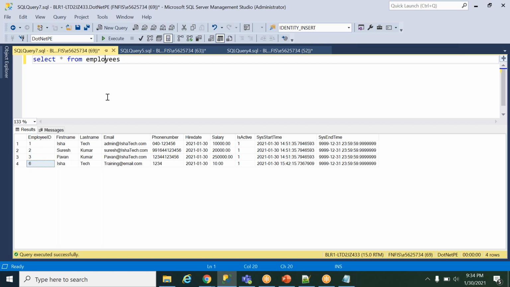By default, when a clustered index is created and you perform a select query, with that unique ID it automatically gives the output in a particular fashion, in a particular way.